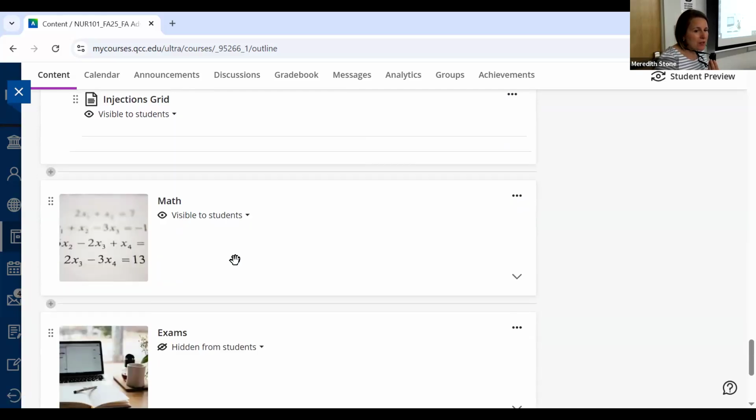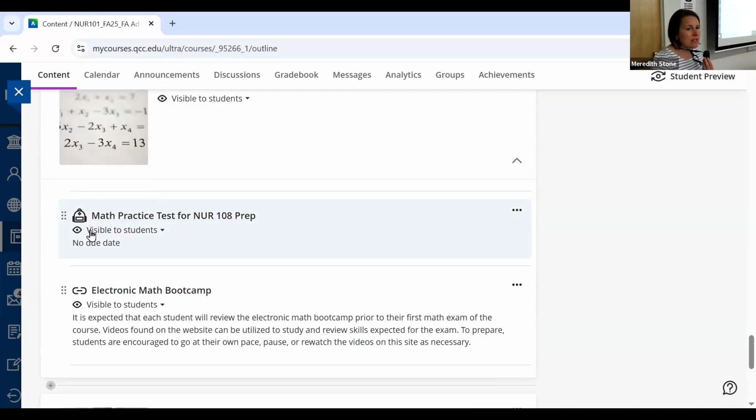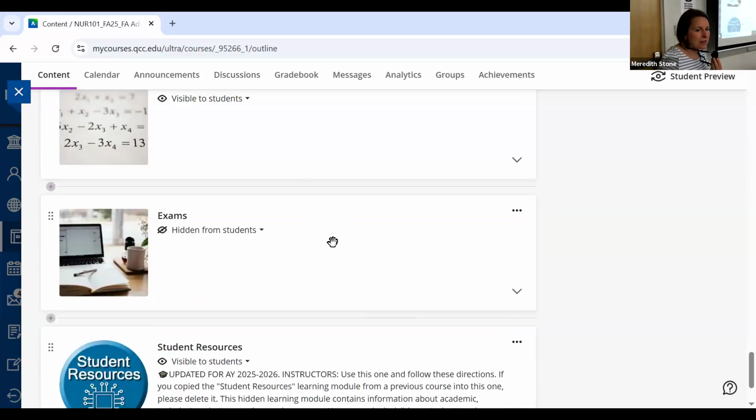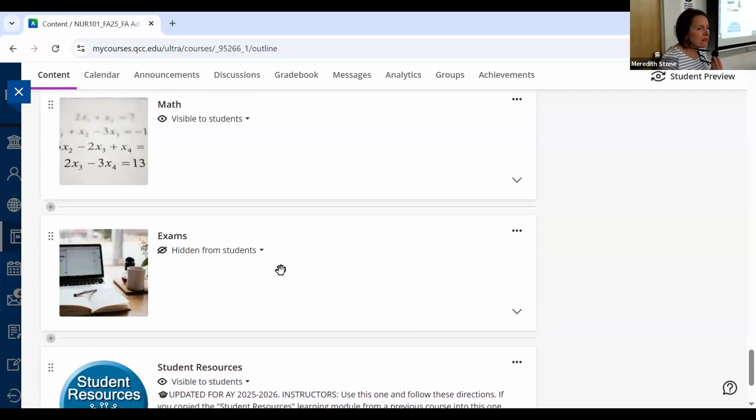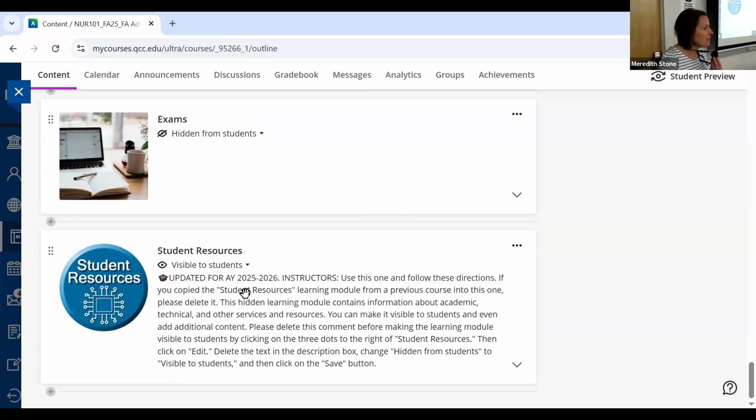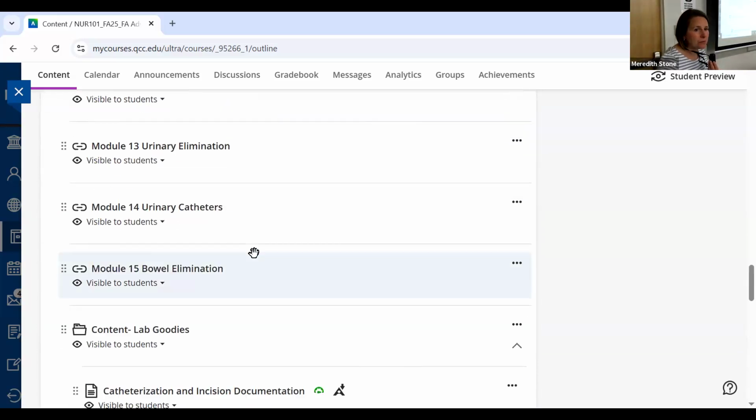And then math. So when you open up the math, you're going to see this is that electronic math boot camp. Okay, so this is the website that our faculty created. You can click on that. And then this is the practice test. That's again, not until January, so plenty of time, but for some people math is their little kryptonite. And then the exams are hidden too, because like I said, you'll have a take-home exam at the end